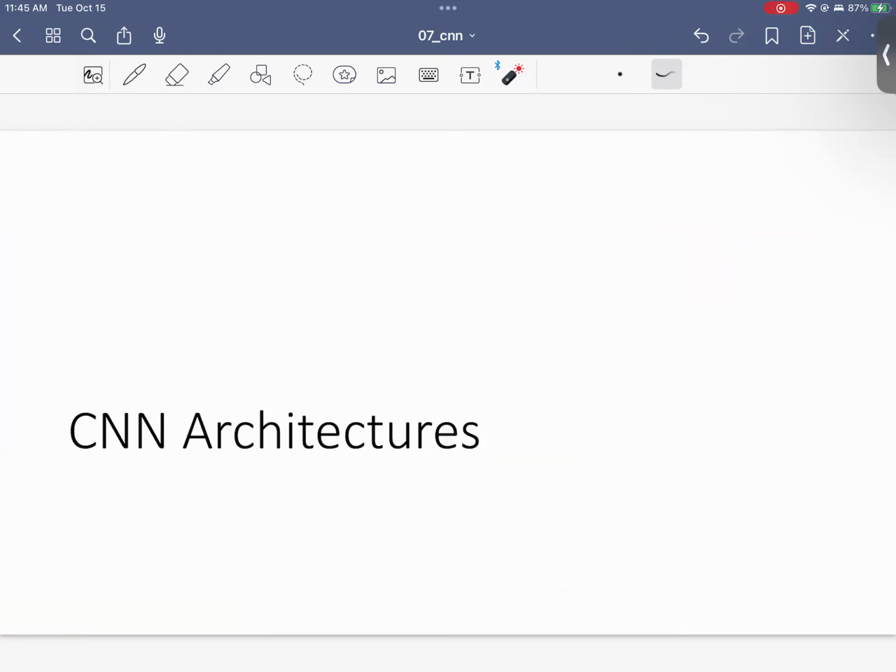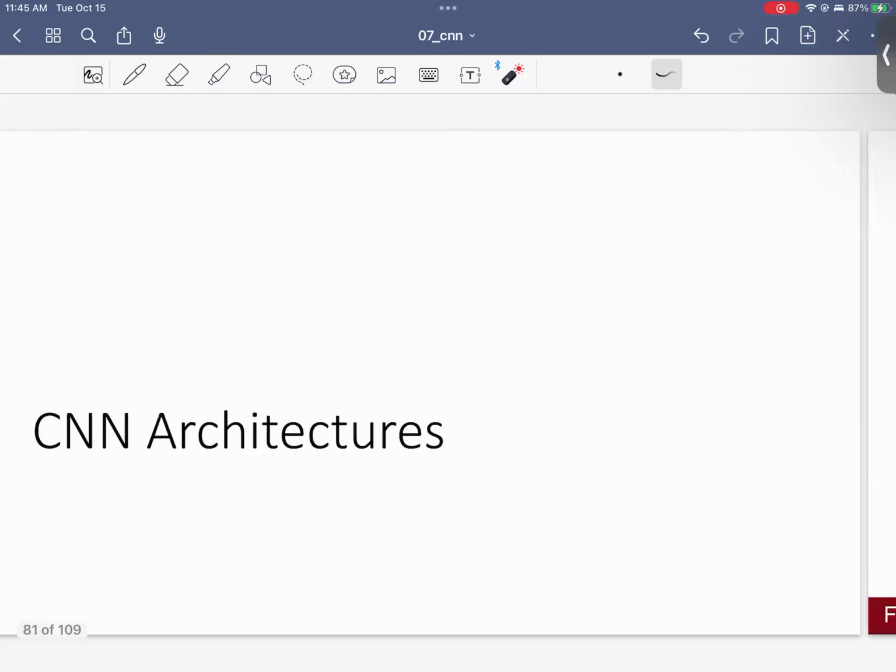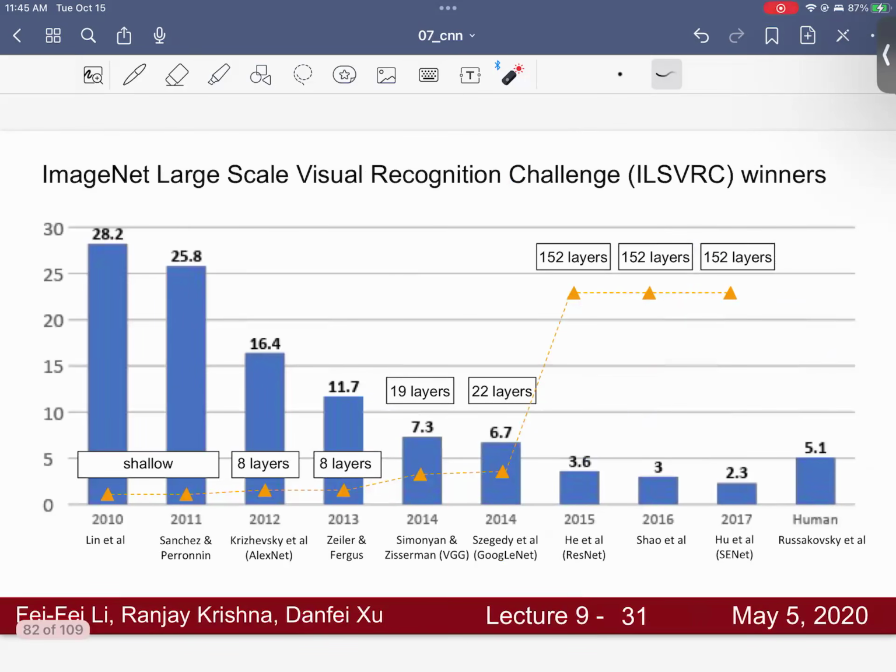All right, so we are running out of time, so I guess we'll have to skim through the CNN architectures. Any question regarding batch normalization and dropout before we move on to the CNN architectures? If not, okay. So then let's look at all the